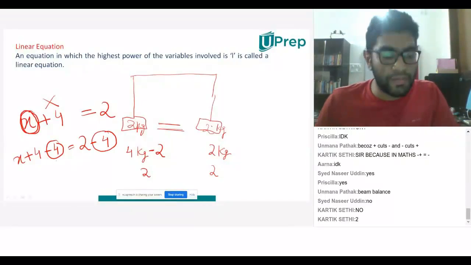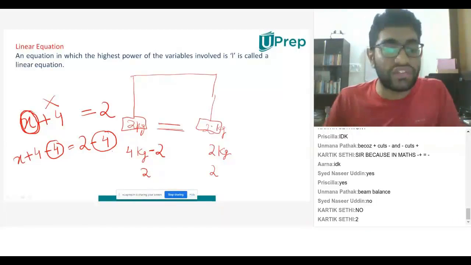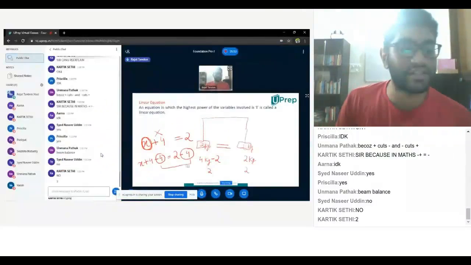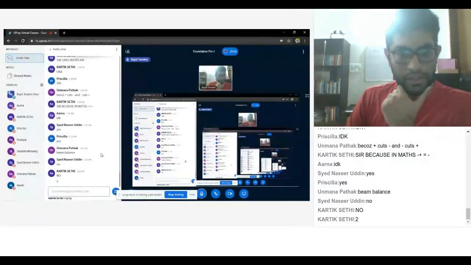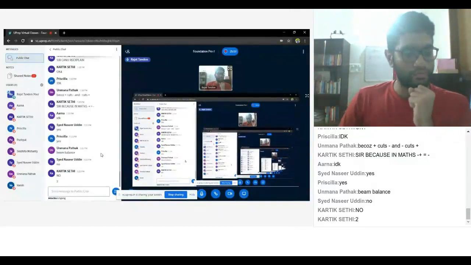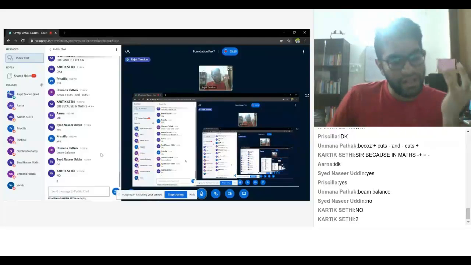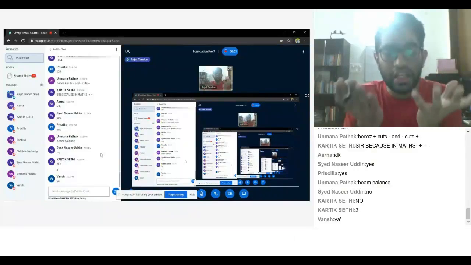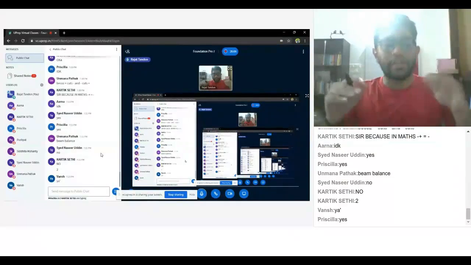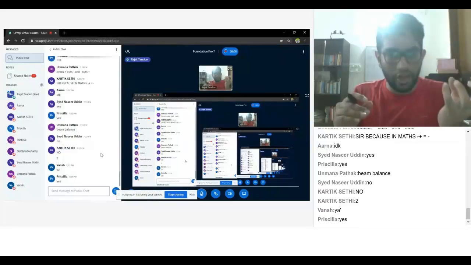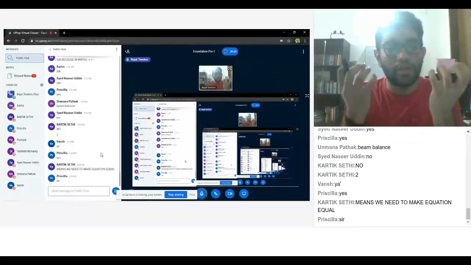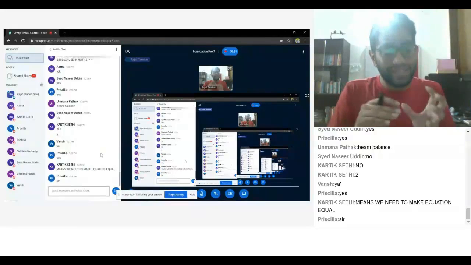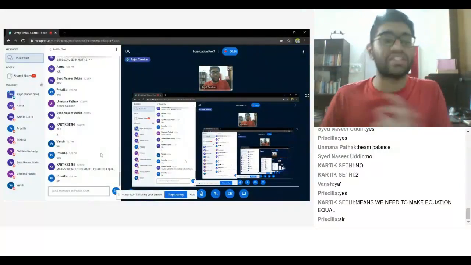If I am doing something on one side, I have to do the same thing on the other side so that I balance them. Does the logic make sense now? In a balance, if I put 2 kgs of rice on one pan, I have to put 2 kgs of rice on the other to balance it. That is the reason why signs change.